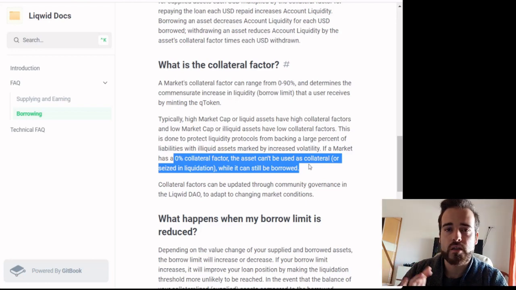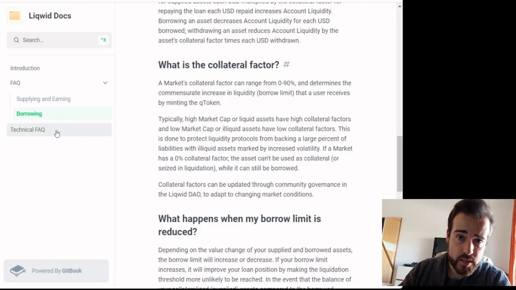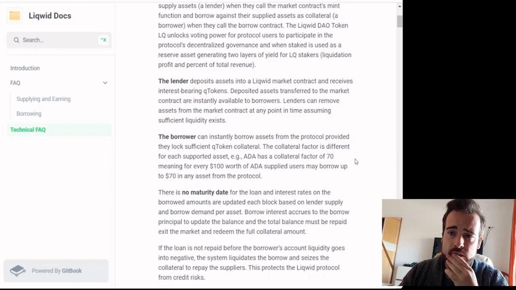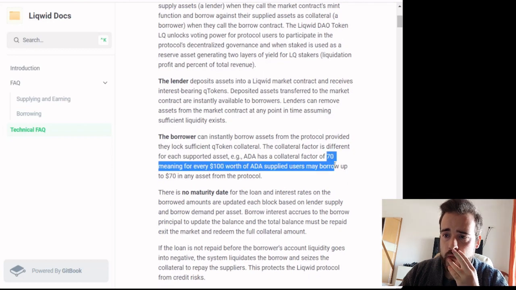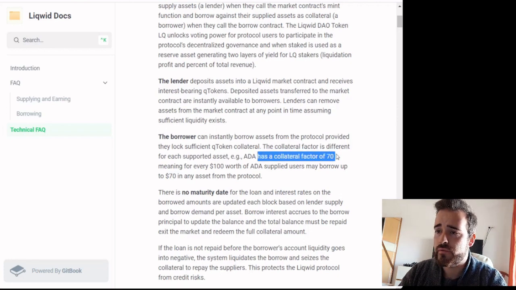You need to use some other asset as collateral for those loans. Let's take a look at ADA, which is already available on the platform. ADA, as we can see here in the technical FAQ, has a market factor